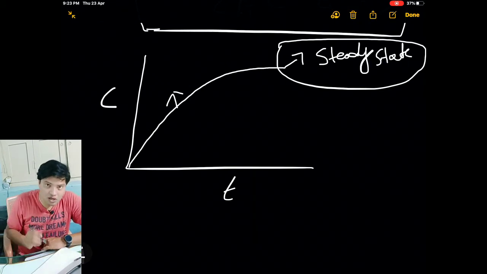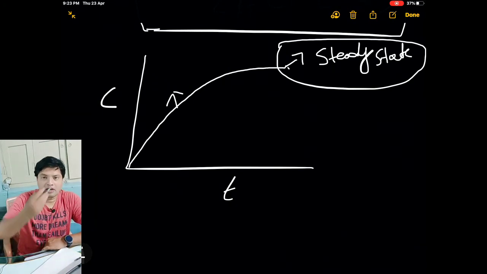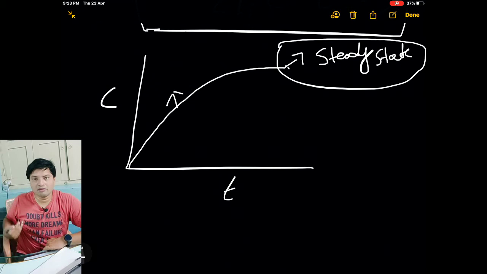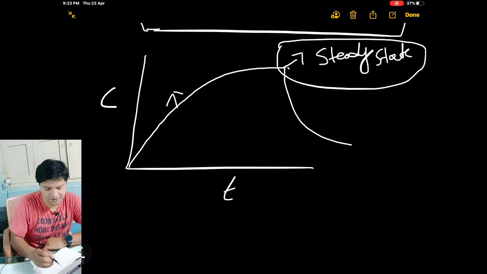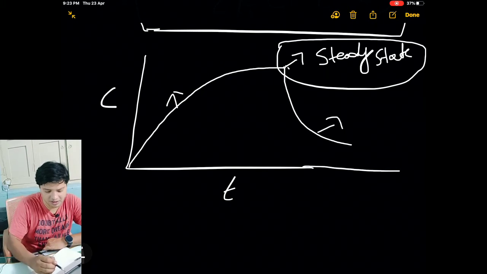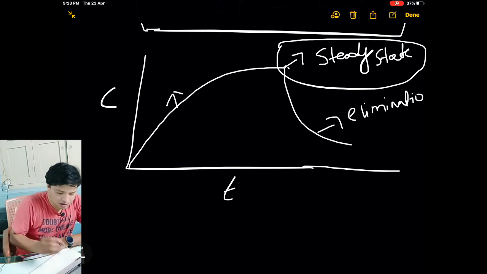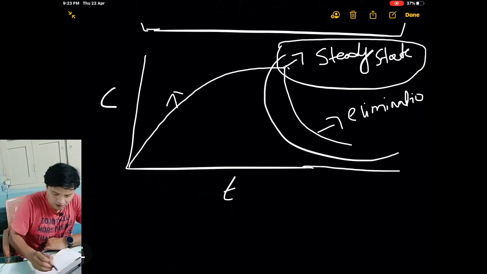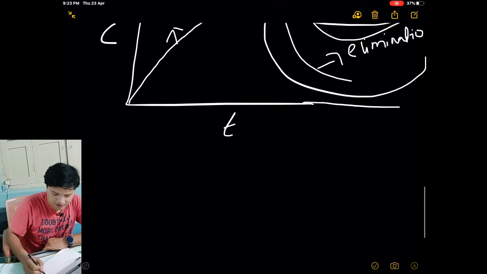Now if you stop the infusion at this stage, the rate of incoming will be less and the outgoing will be more. Hence we get the elimination phase here like this. This curve represents the elimination phase. If I take this curve, I will try to represent it in a separate graph. Okay, the same curve I will be representing here.